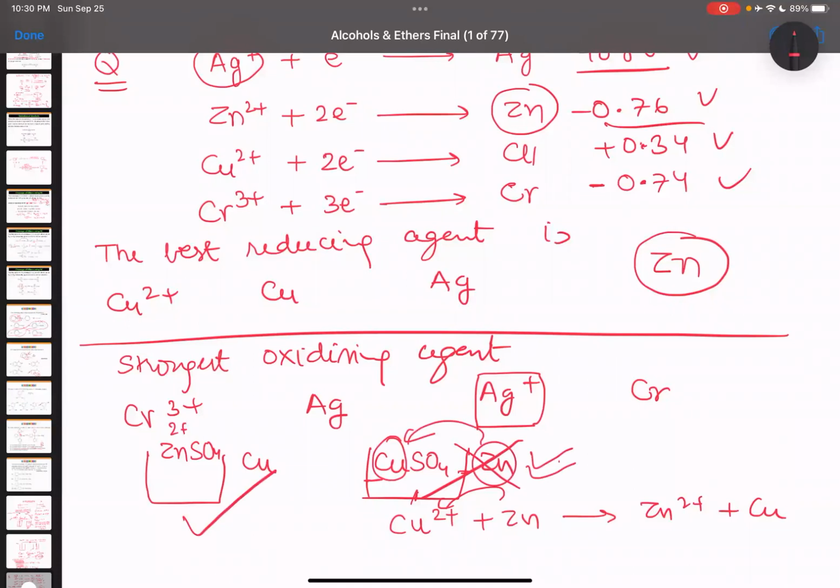Copper is going to get reduced. Okay, so this is the right option where no reaction is going to happen, and this is the incorrect option. So that you need to keep in mind. So I hope that is clear. Yes, sir. Let's cover it on the next turn. Okay, some more concepts of